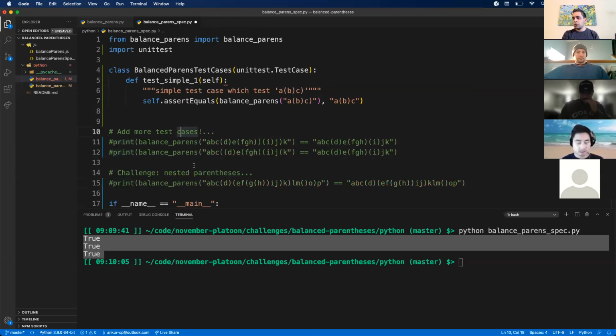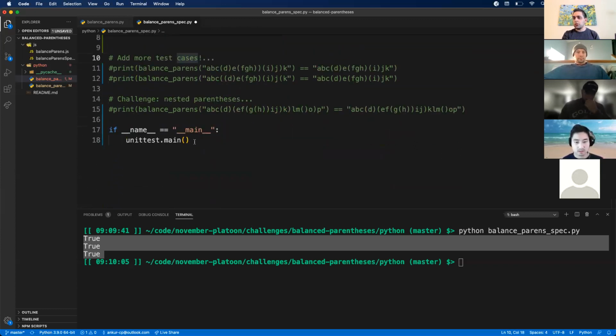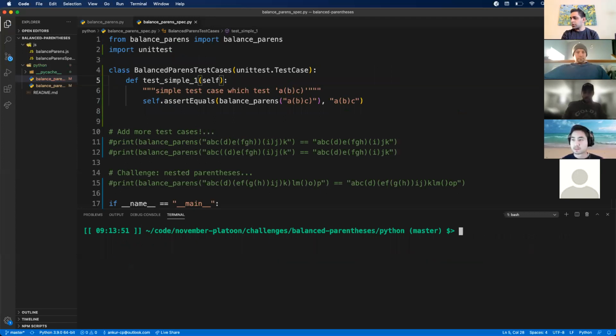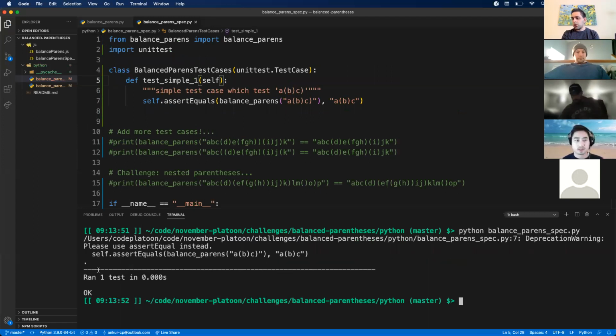And, all right, so I have my unittest.main and this little if statement here. I have one test case here. Let's run that and just see what happens. I might have an error here, but let's see. Pull this out, run my spec again. All right, so I ran one test. I got one dot here. Kind of hard to see, but I got an OK, so I think I passed my simple test case